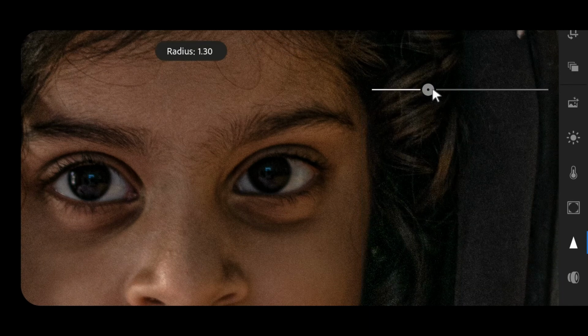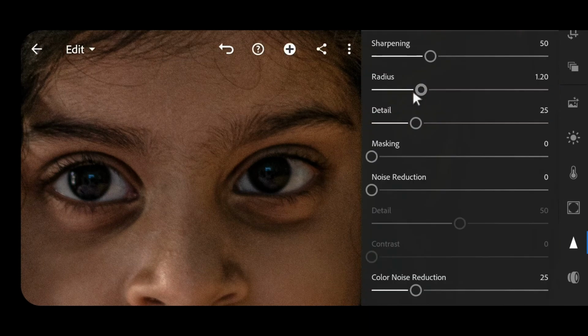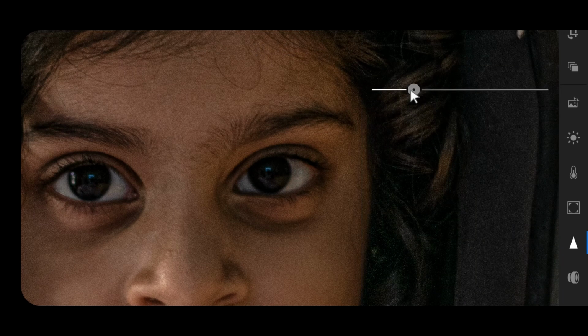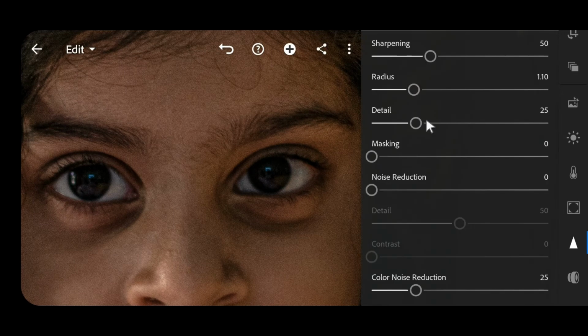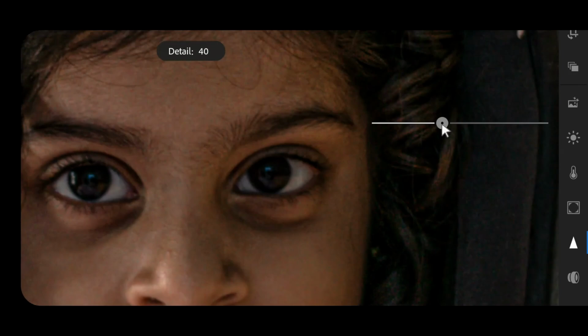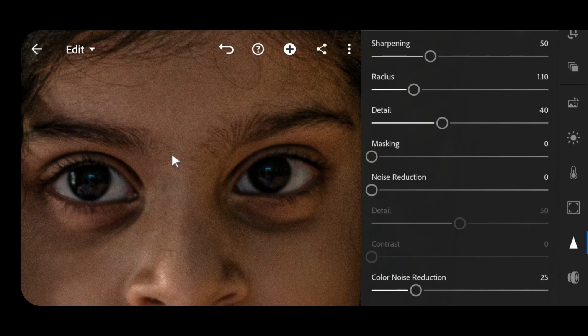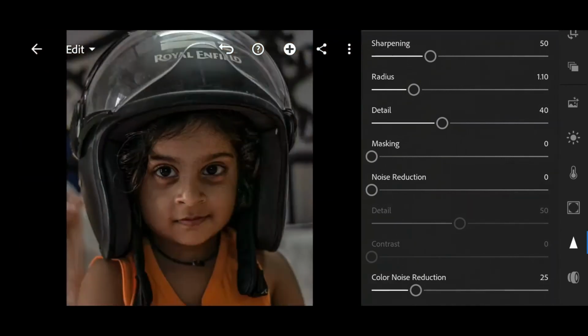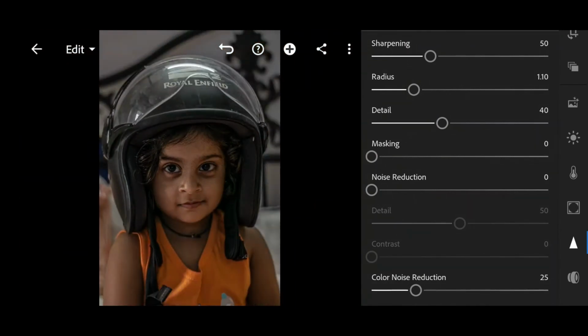The radius, details at 40. Look at this image. Now it is looking so great.